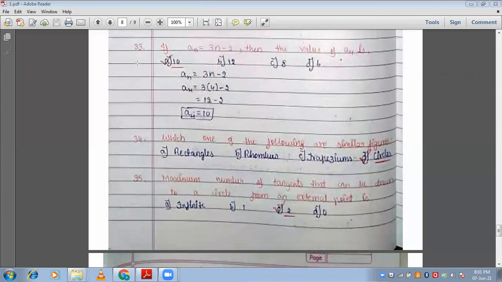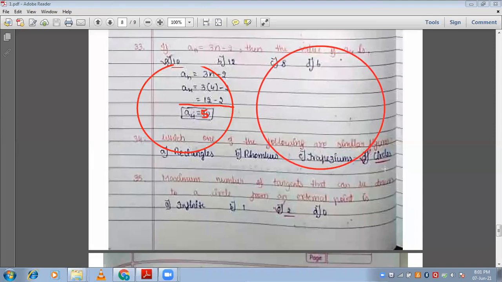For circle, one circle of radius 5 centimeter, another circle, I will consider radius is 10 centimeter. Yes, circles have same shape, and check for ratios. So only one length is there. Obviously corresponding radii are in the same ratio. So circles are similar figure.